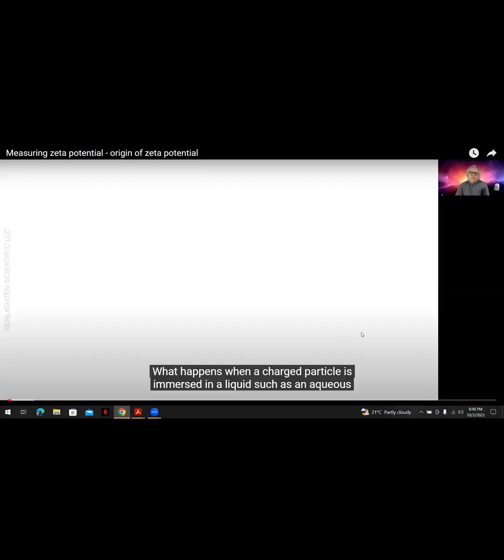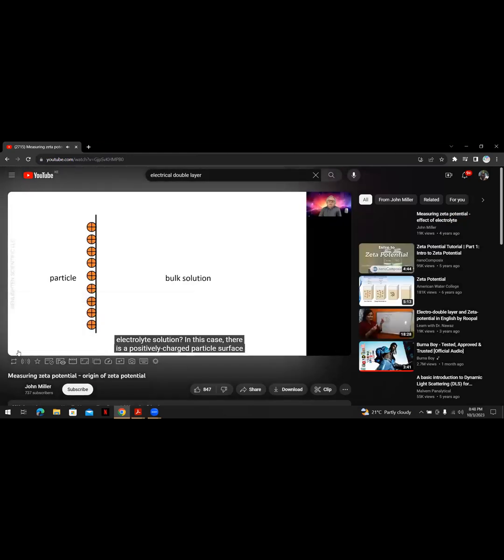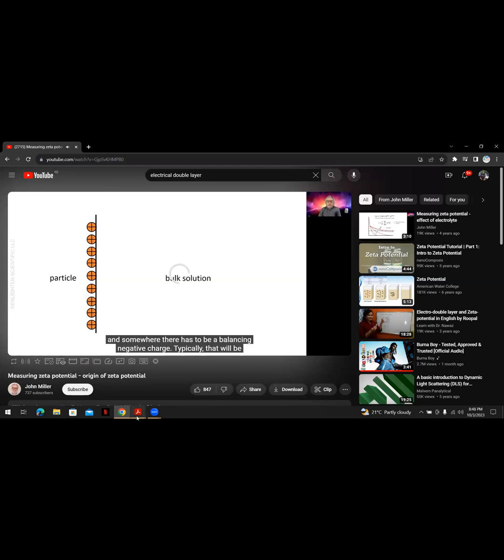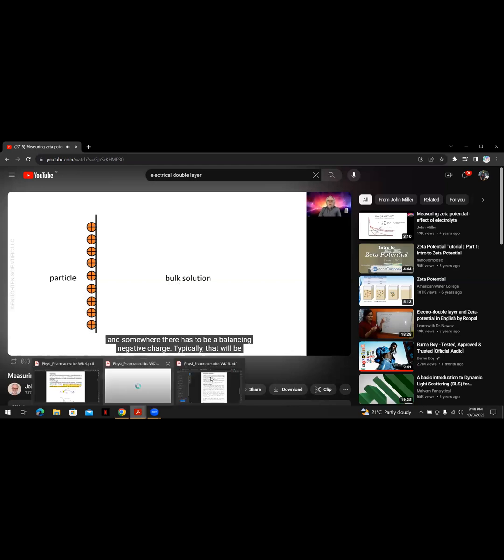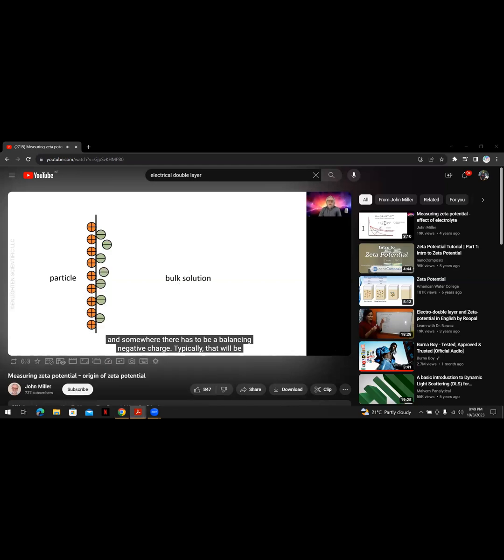What happens when a charged particle is immersed in a liquid, such as an aqueous electrolyte solution? In this case, there's a positively charged particle surface, and somewhere there has to be a balancing negative charge. Typically,